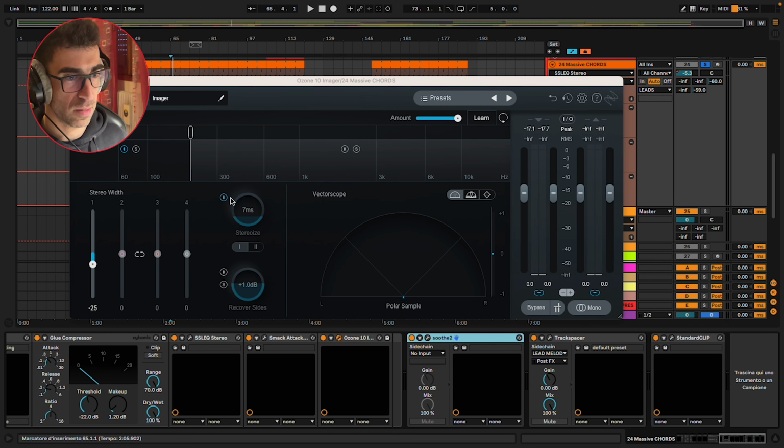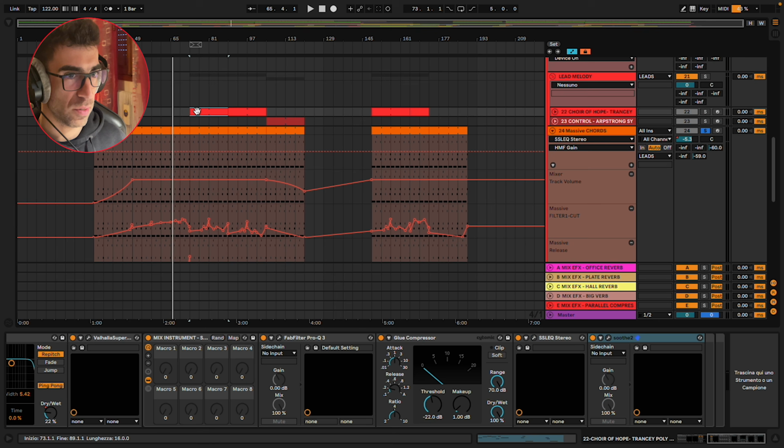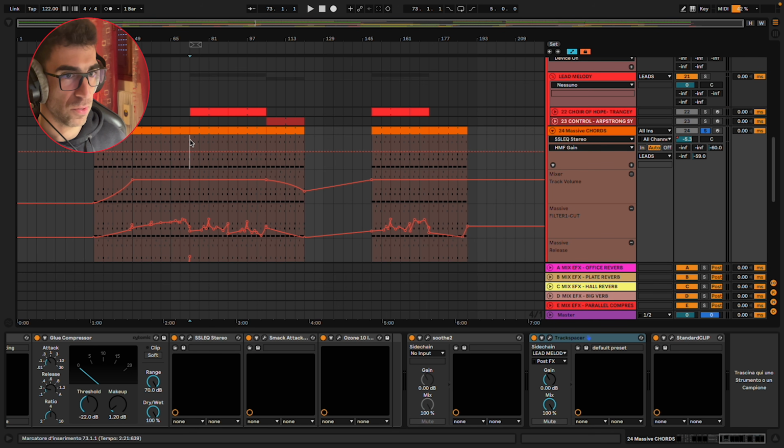And then once again, E major to remove a bit of the stereo information below 200 Hz. Soothe, Track Spacer to make room for the lead when they are both sounding together.